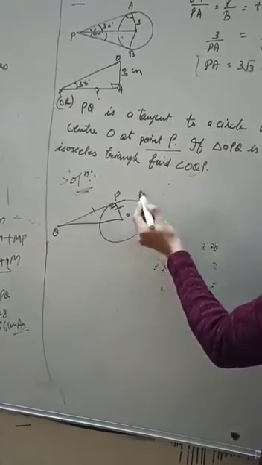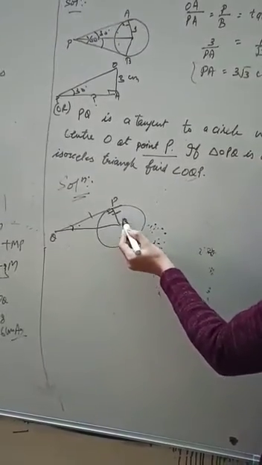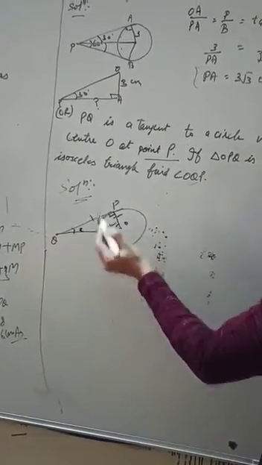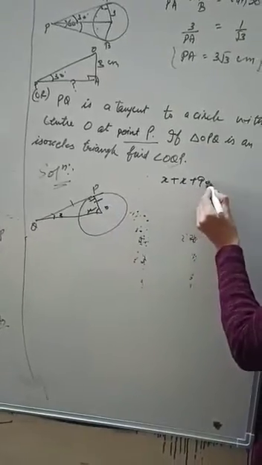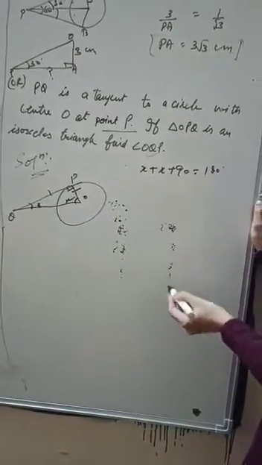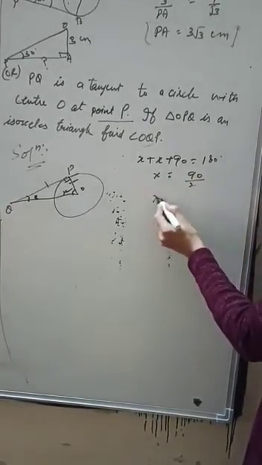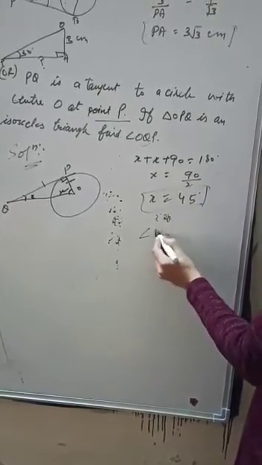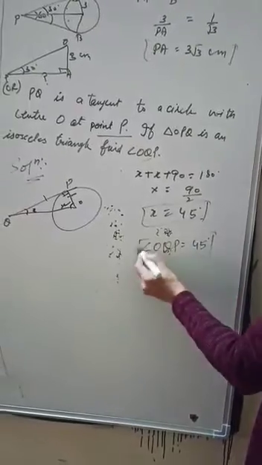They are saying find out this angle, which we want to confirm. So these two angles will be equal to each other. Let's suppose they are x and x. So x plus x plus angle P, which is 90 degrees. The sum of the angles of a triangle is 180. So x we come to know is 90 divided by 2, which makes 45 degrees. So we can write here angle OQP is equal to 45 degrees.